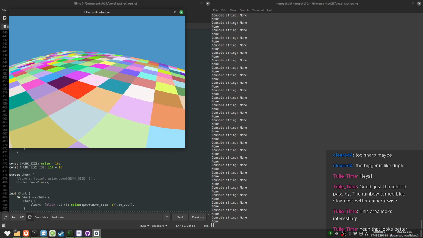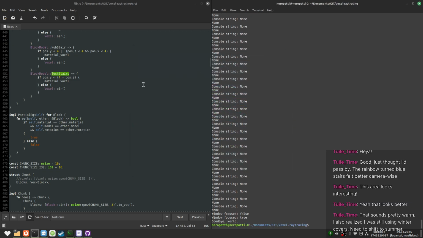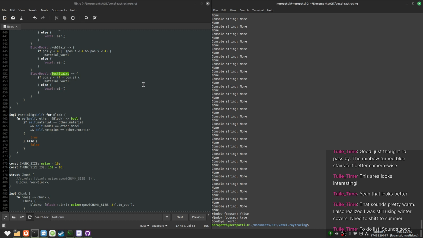But let me first think about my to-do list for next time. I need to do save load. Save load, need to fix the camera stepping, and then let me actually write this down. Save load. Camera smoothing on stepping.